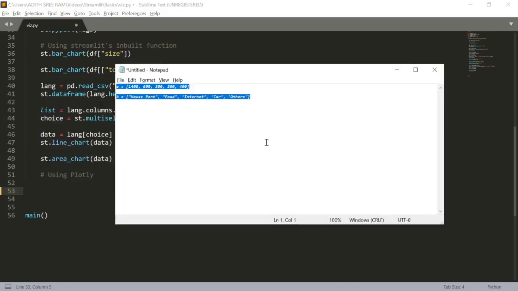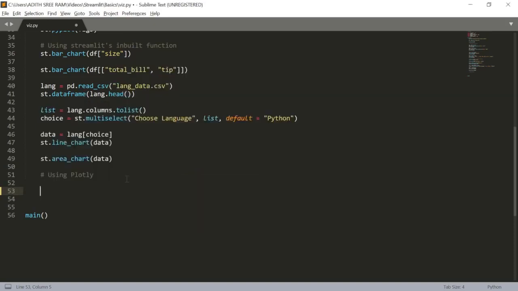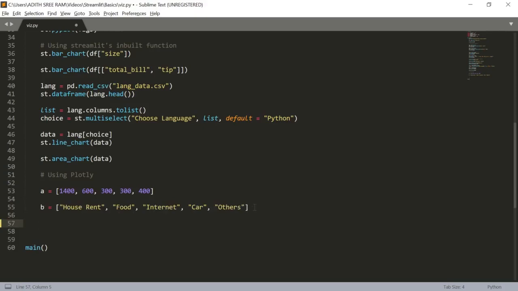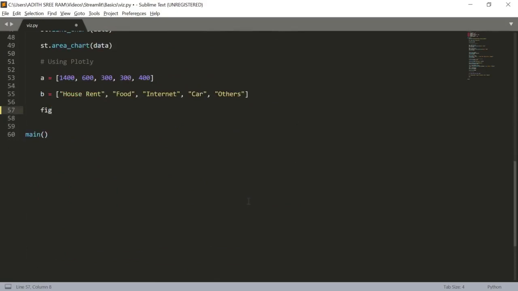So let's get on to this notebook, and here I have this particular data. So let's copy this out and now let's paste it over here. So I have two variables, namely a and b, where they consist of the total expenses. And now let's create a pie chart using this. So let's take a variable name, let's say fig4, and in which